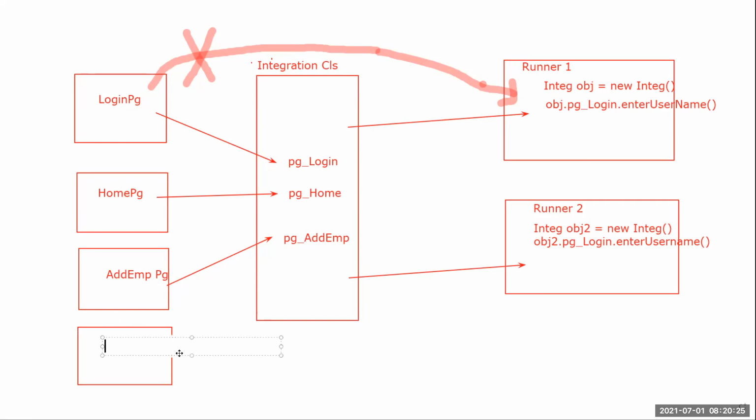Let us say this is login page, add employee page, and then this is employee details page. I have created it, so I have to add that page into this integration class. Whoever is creating an object for this integration class will be able to see all the pages. Understood? I'll say page underscore details. So whenever you create a new page, you have to create that particular object in the integration class. Anybody who creates an object for this integration class will be able to see all the pages. You don't have to remember the page names as well. Is that clear?